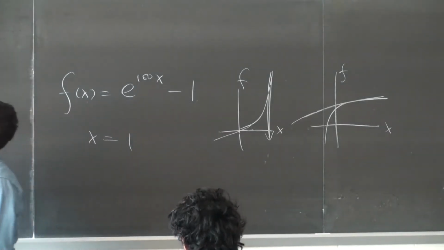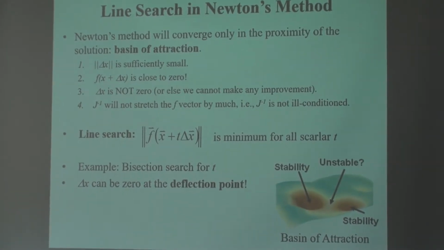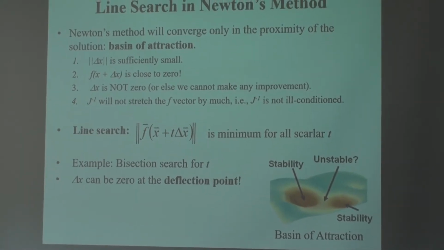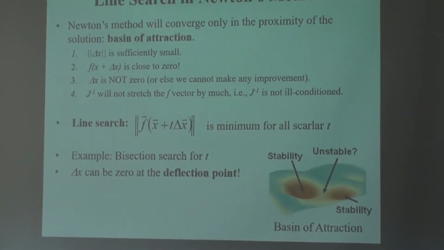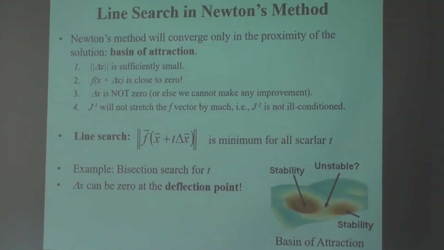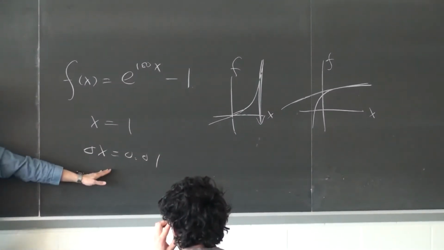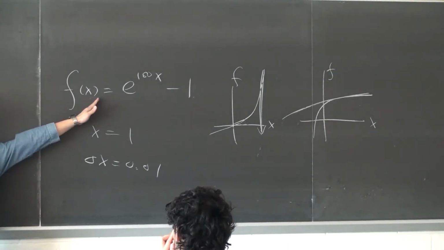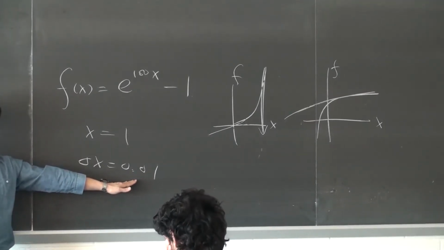And so this is the line search method. I know the direction is good, so should I make more aggressive or less aggressive corrections in that direction? That is the spirit of line search. In here, since this direction is correct, in the beginning I'm only taking 0.01 of improvement. You need about 99 steps before you go into the quadratic convergence step, because in the beginning you're taking very small steps.